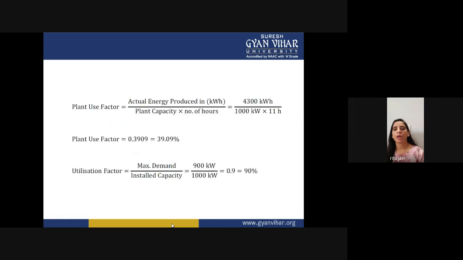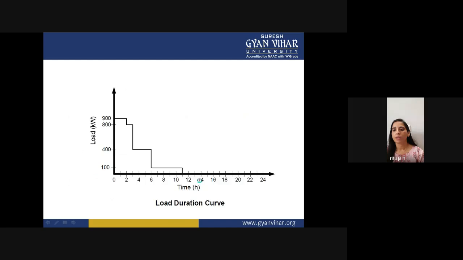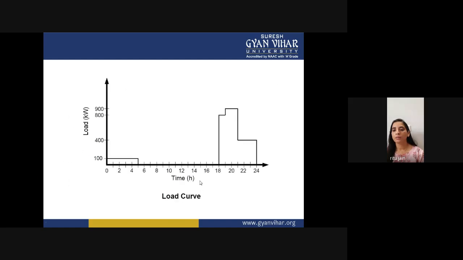Okay, so actual energy production is 4300 kilowatt hour, and your plant capacity is your 1000 kilowatt, and the number of hours which you are using this load, you can see that this average load is utilizing